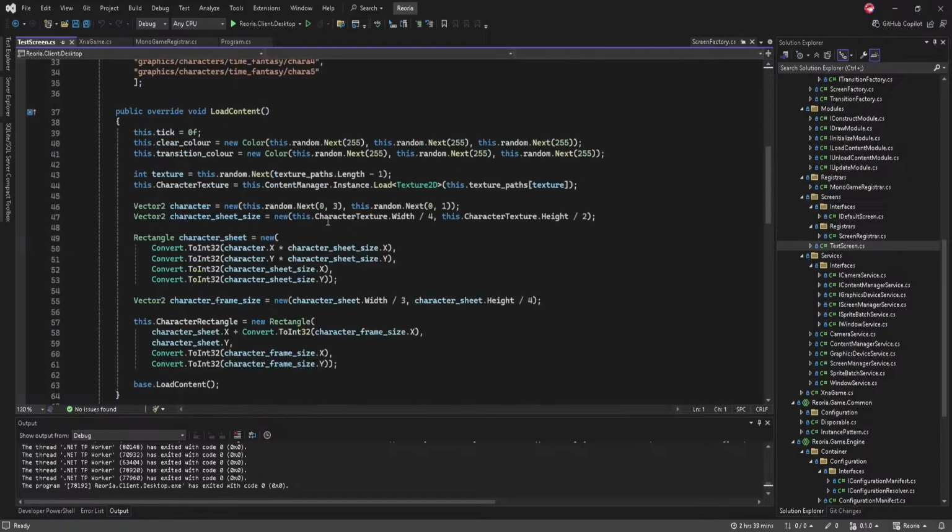You know how we're getting the texture width and stuff? The server cannot spin up the content manager, because servers don't have a GPU or a graphics device to spin up all these textures. So I need to dump this to JSON